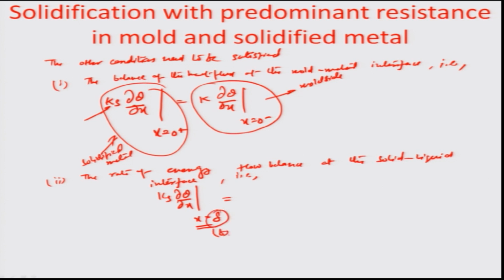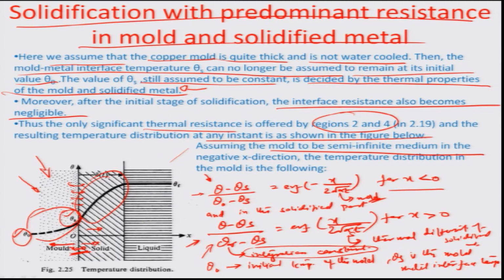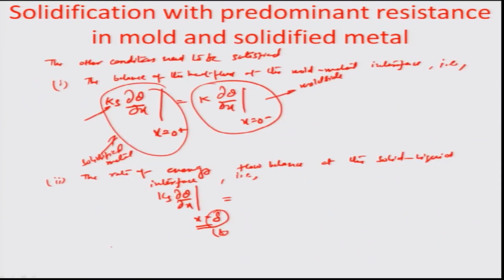Okay. If I just look back in this figure, the metal has probably gone all the way up to delta at a certain time instance t, and it is still expanding at the rate of d delta by dt. So, this should be equal to the amount of heat that is liberated by virtue of